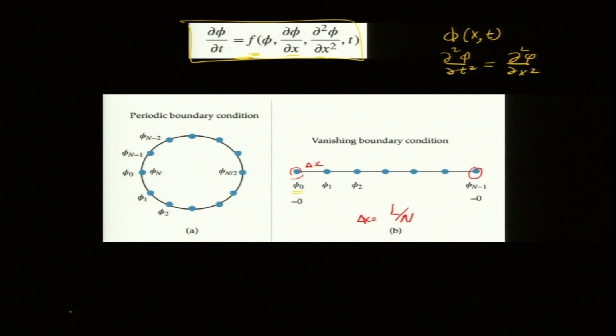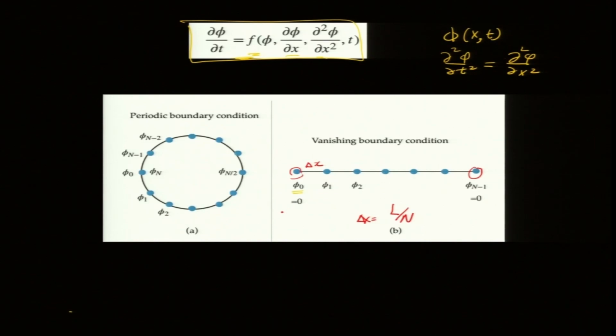Okay. Normally these PDEs will have boundary conditions, like in this room the velocity is 0 at the walls. This one is an example where I am choosing a vanishing boundary condition, so phi is 0 at both ends, or it could be a periodic boundary condition. That means phi 0 is the same as phi n minus 1, the end points are adjoined. I am going to discuss that periodic boundary condition, how to implement it in a program.